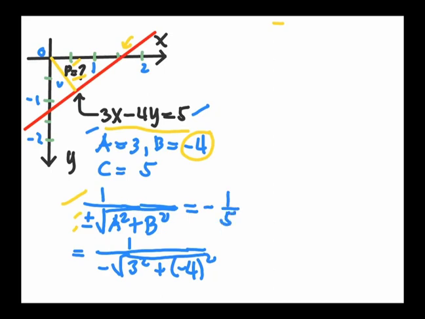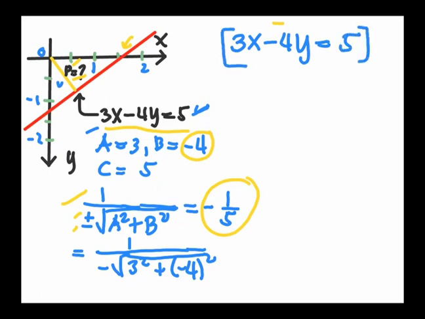Alright, so we'll now reduce this given equation to its normal form by multiplying the whole equation by this value, negative 1/5. Okay, so let me rewrite the equation here. 3x minus 4y is equal to 5, right? So multiplying the entire equation by negative 1 over 5, we'll have